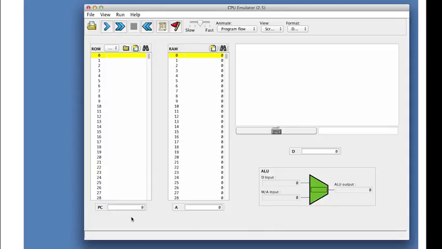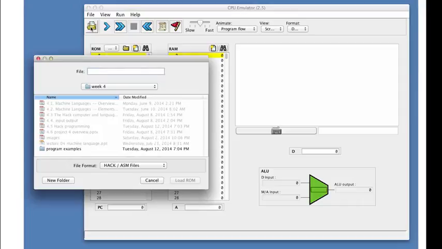Another control of interest is this one, which shows you the current value of the so-called program counter. The program counter is a register that contains the address of the instruction that will be executed next in the program which is currently loaded into the instruction memory. Now, right now we have no program in the instruction memory, so let's go ahead and load one. So I click this control here, and